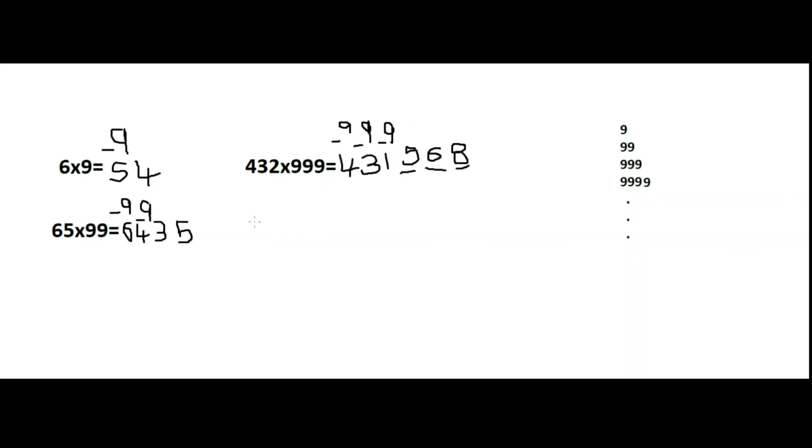For this technique, what we need to do is all the numbers of the question should be subtracted from 9 and the last digit should be subtracted by 10. First part of our answer is same. 1 should be subtracted from 432. That is 431. When coming to the second part of our answer, 9 minus 4. Here the question digits should be subtracted from 9. 9 minus 4 equals to 5. And next 9 minus 3, that equals to 6. And the last digit of the question we should subtract from 10. That is 10 minus 2, 8.